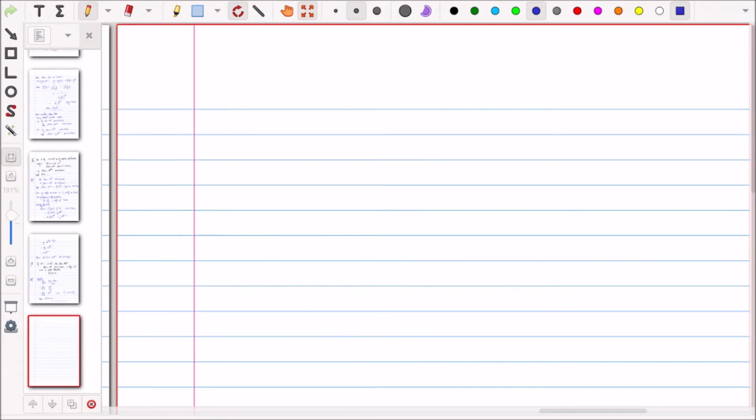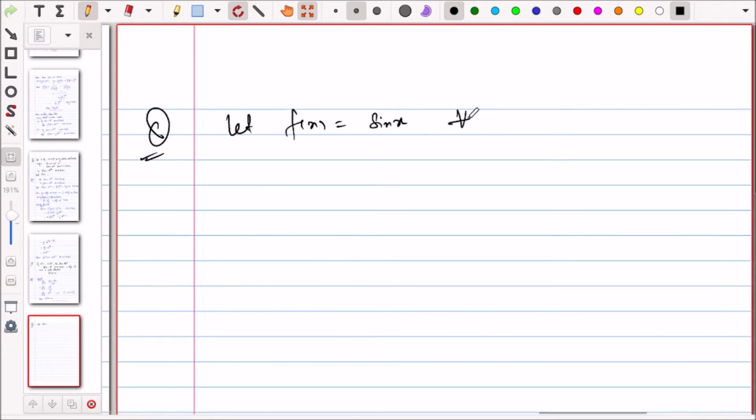Okay, now let us find the derivative of sine inverse x, ठीक है। So we will find the derivative of sine inverse x. The question: let f(x) equal sin x for all x belonging to minus pi by 2 to pi by 2, इसका जो प्रिंसिपल डोमेन है, ठीक है।